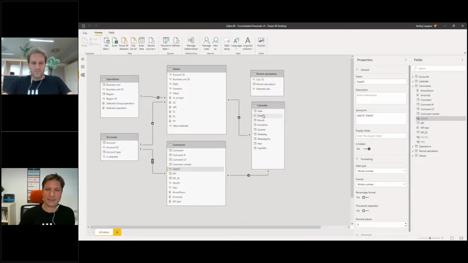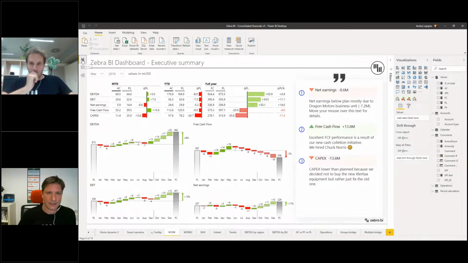I'm using the date ID. You could also use the date time column, but actually date ID is the best option to do that. And then in my case, I also created this relationship between KPI and accounts, because as you will see now in my board,